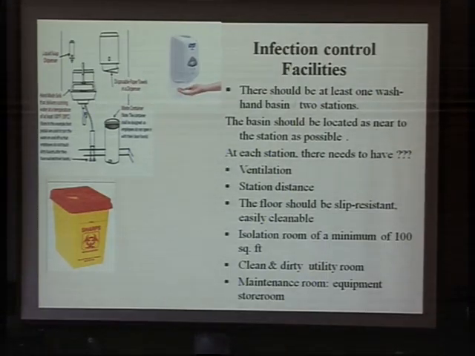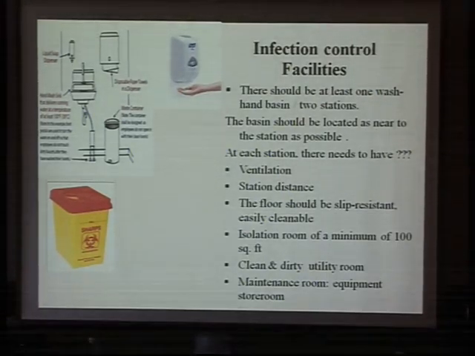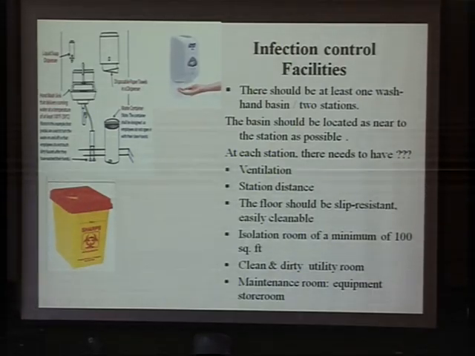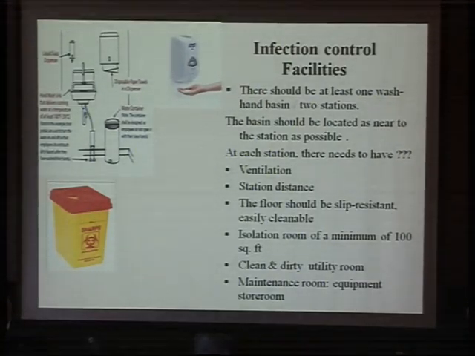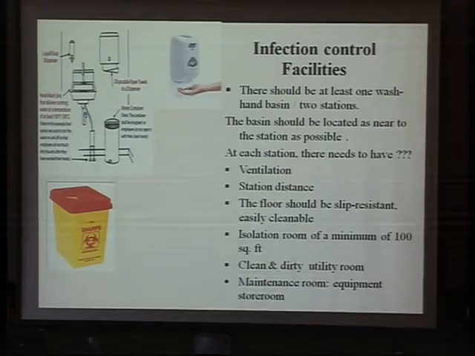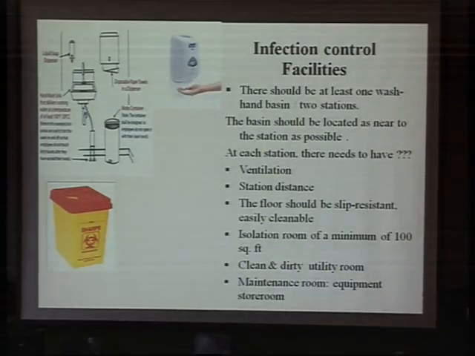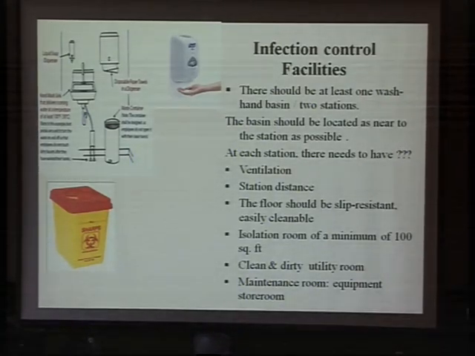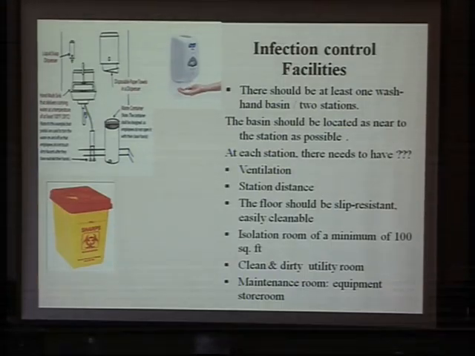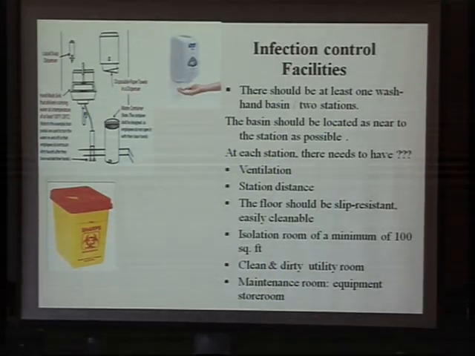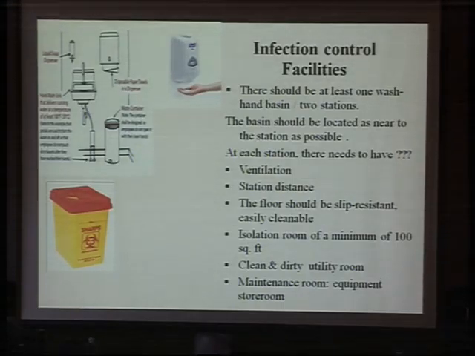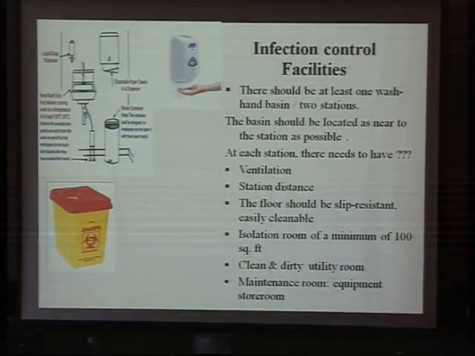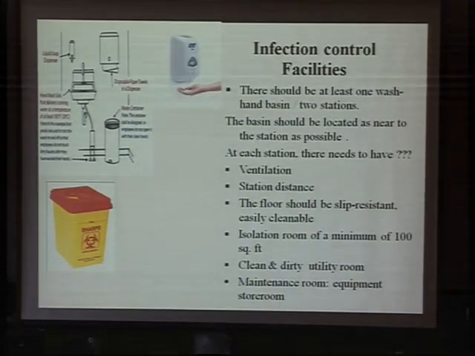The ventilation. Ventilation is very important in every healthcare setting. For the hemodialysis unit, the rate of ventilation differs if it is under reconstruction or renovation, or already settled. If there is reconstruction in the unit or around, we should have 12 air changes per hour, ACH. 12 air changes per hour. But if it is already settled, just 6 air changes per hour are enough. Okay? The station